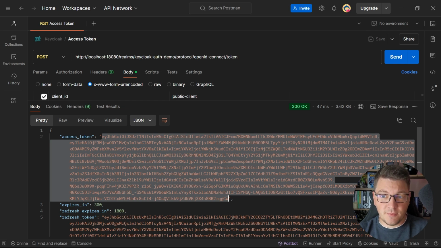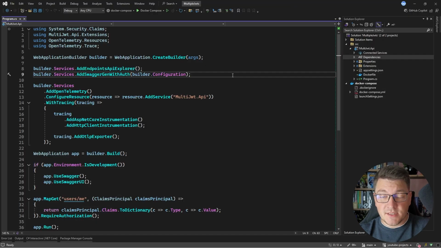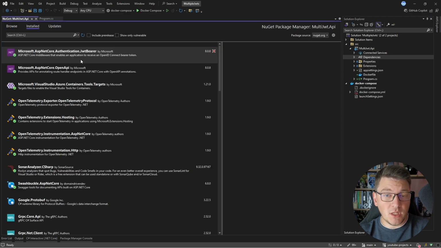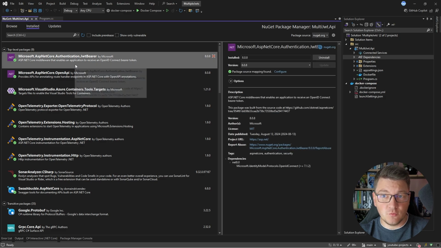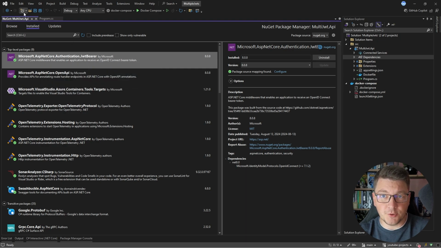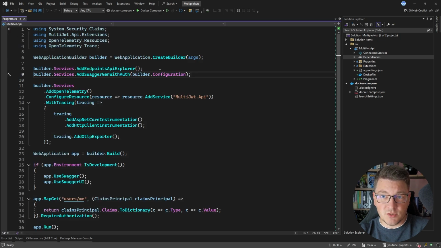Now, the next step is going to be adding support for validating this JSON Web Token from our .NET API. So now we're back inside of our .NET application, and we're going to need a NuGet package that's going to allow us to authenticate with JSON Web Tokens. A well-known library for this is Microsoft ASP.NET Core Authentication JWT Bearer. So this is the library that I will have to install,